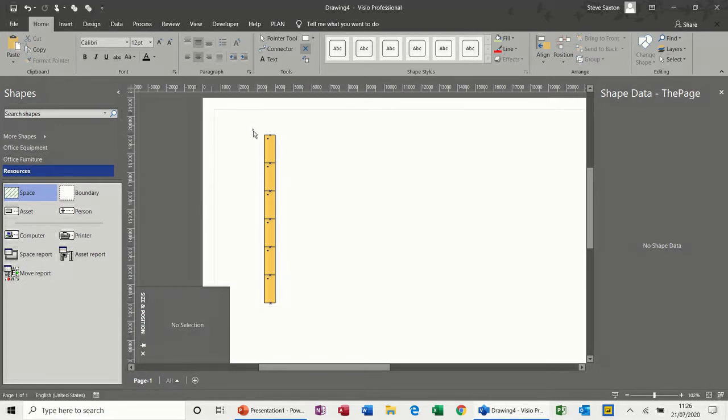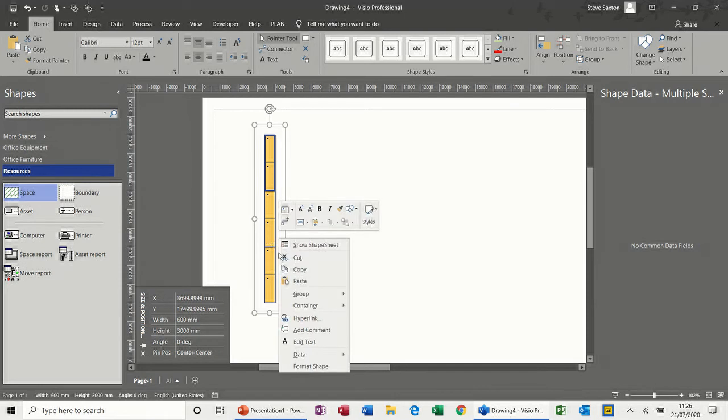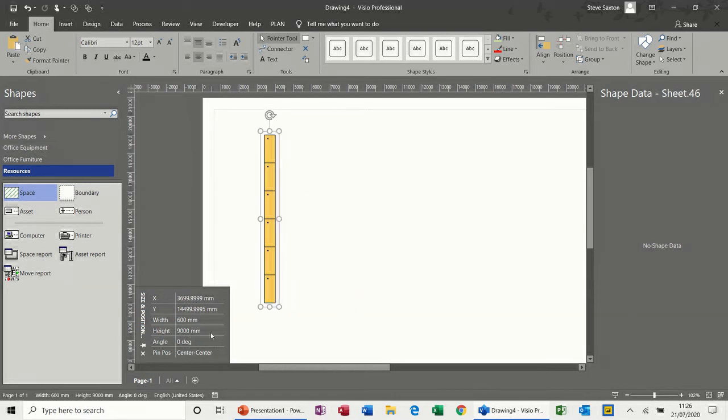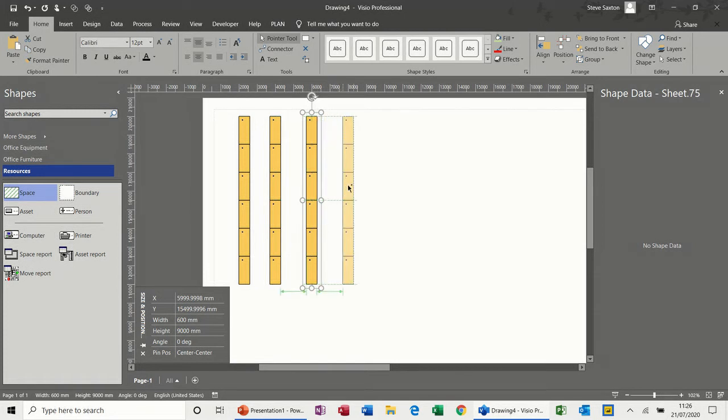So that's a group of 6 tables, and if I take that off and then highlight all of this and then group that into one, there's the right measurements. So now I can move this as one, and I want 4 sets of this, so I can just copy that as a block like so,